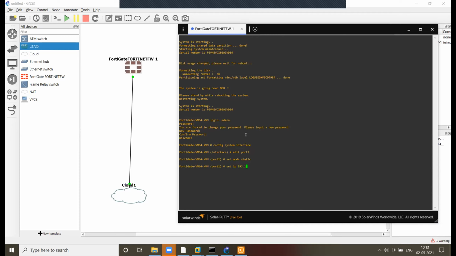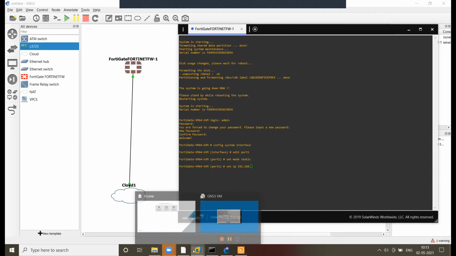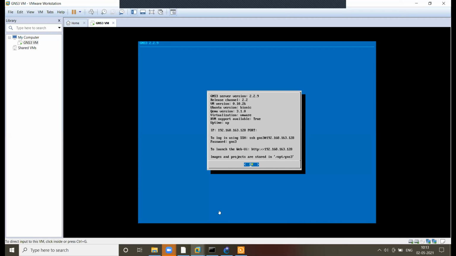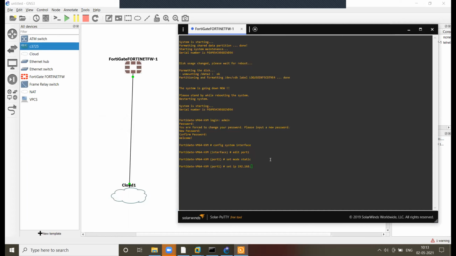Set IP address 192.168.163.180/24, the same series of IP address. Now set allowaccess HTTP, HTTPS, ping, SSH. Now please open any browser, Mozilla Firefox or Google Chrome.